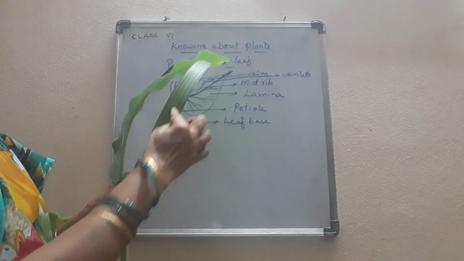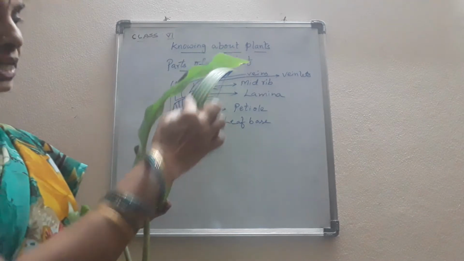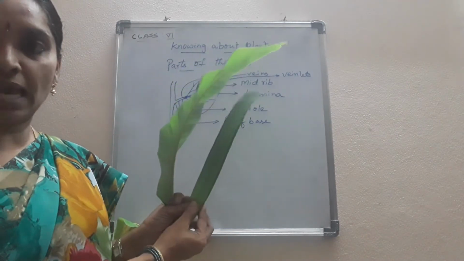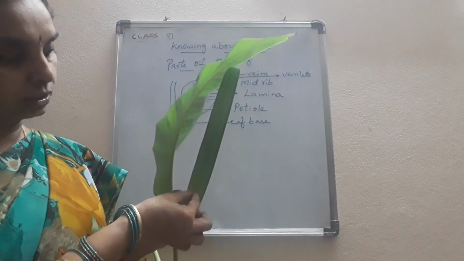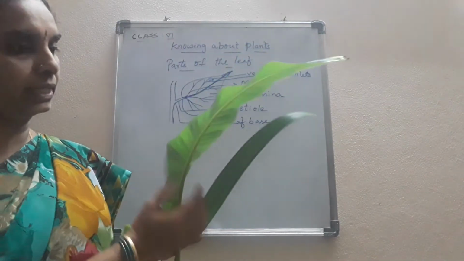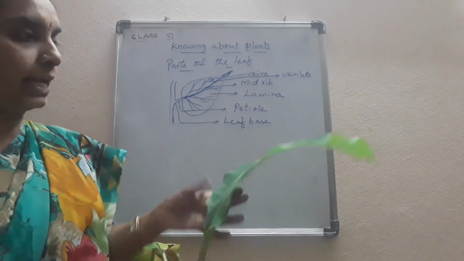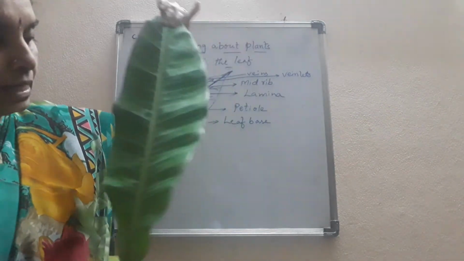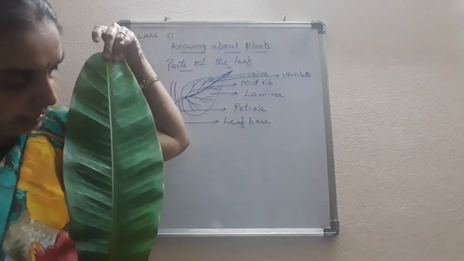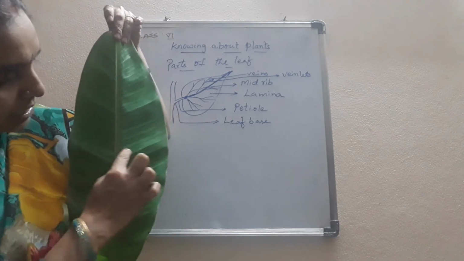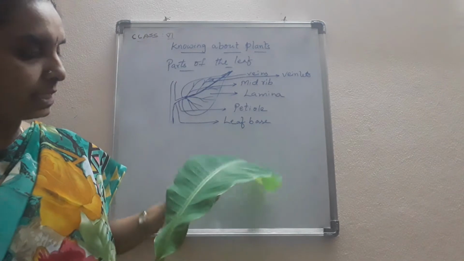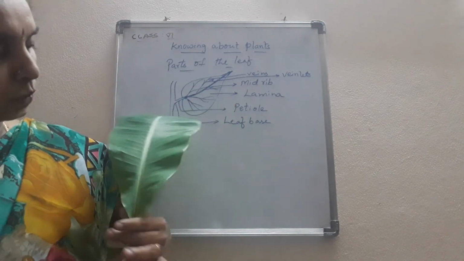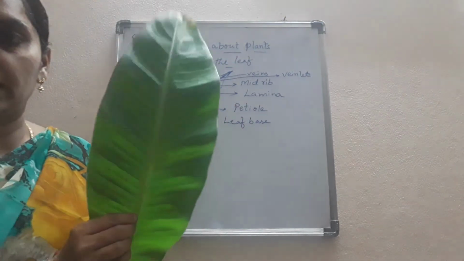You can observe that they are parallel here. See here the veins. These are the branch-like structures you can see in the leaf lamina. This is the lamina of the leaf. Here you can see the branch or hair-like structures. These are the branches that arise from the midrib. In the banana leaf, they are arranged in this manner, isn't it? Like a feather you can see here, pinnate, on both sides in the banana leaf.